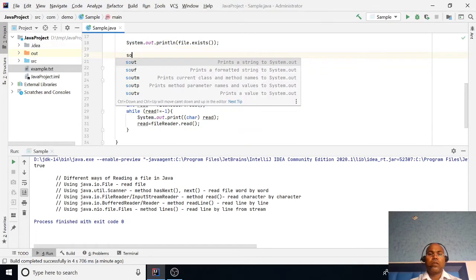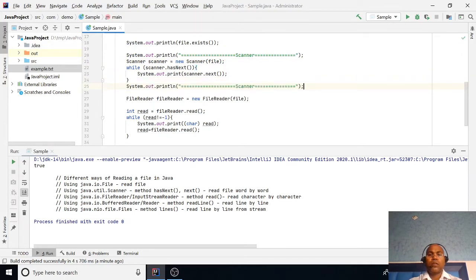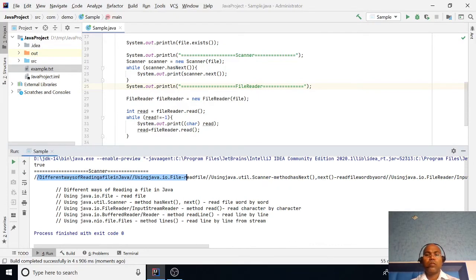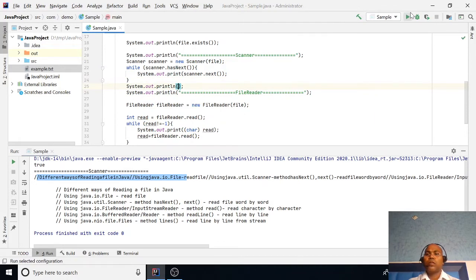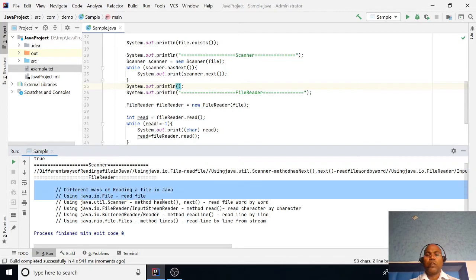Here is the Scanner output. This is the FileReader output.